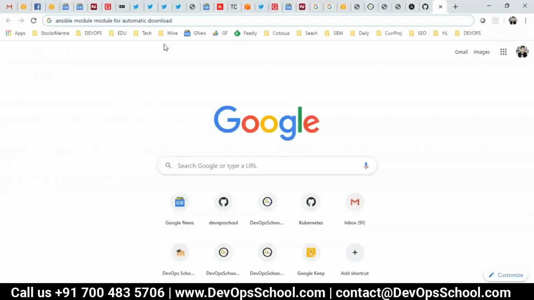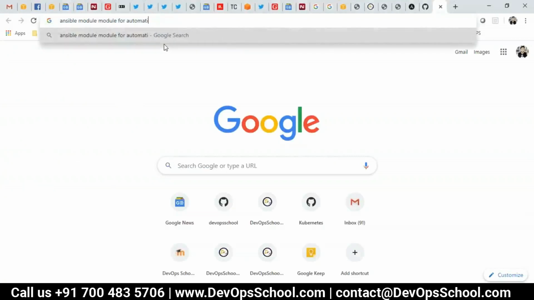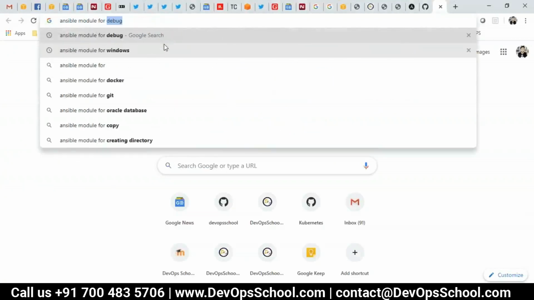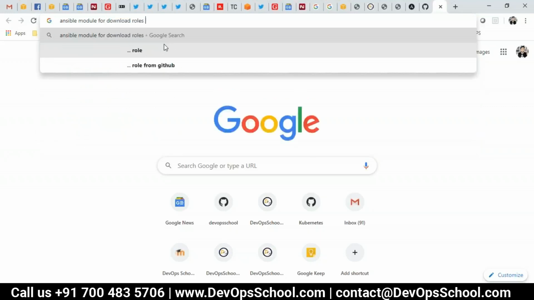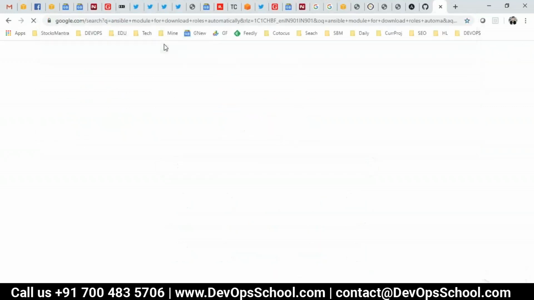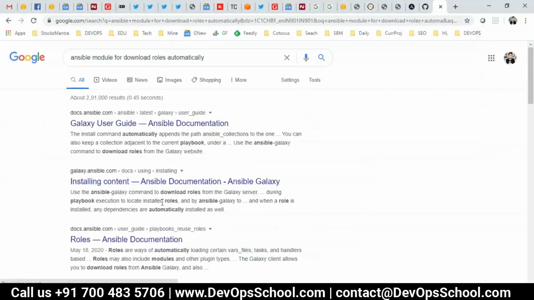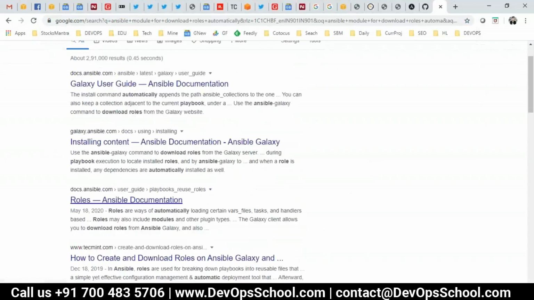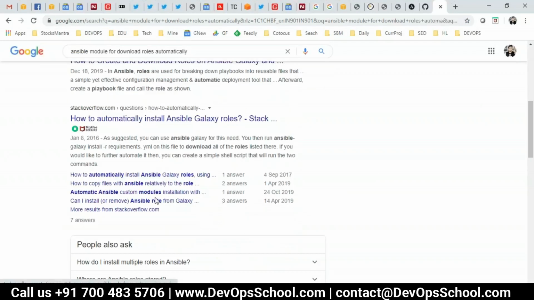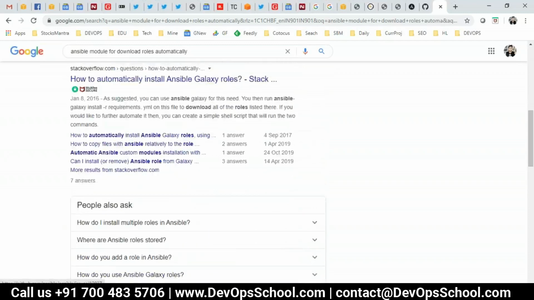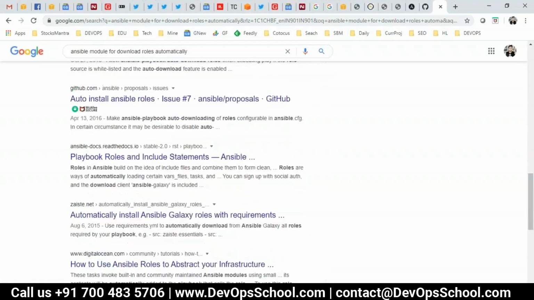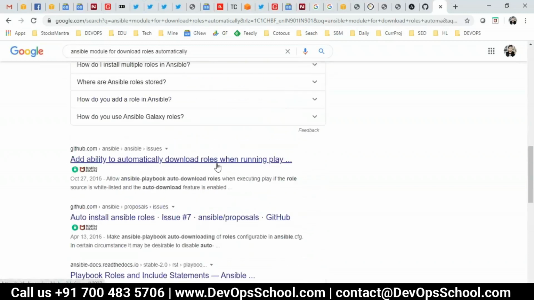But let me check for an automatic download Ansible module for downloading roles automatically. I think there is no such module available. If it is available, definitely Google will immediately tell me.